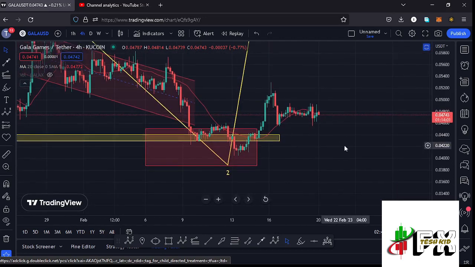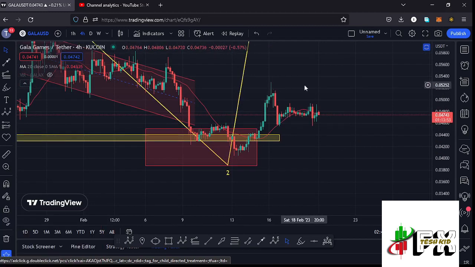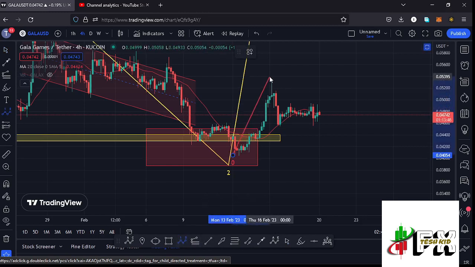of that wave 3. You can see that after making our low in the formation of that wave 2, we saw this massive bounce to the upside, making a high at around the $0.05317 mark in what I'm terming as that first wave to the upside. So we can term that as the first wave to the upside, and after seeing the high for that wave 1, we started this corrective structure in a move that gave us the low for that wave 2, and now